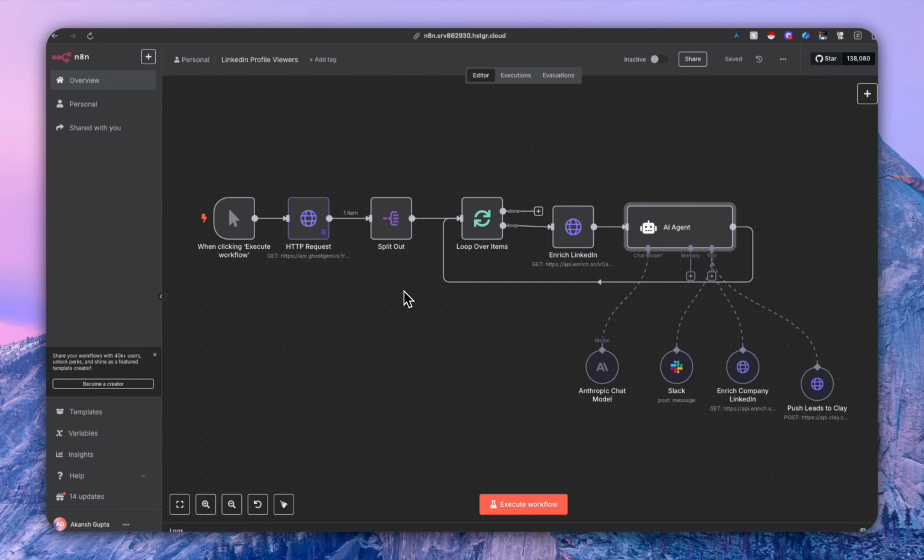So this workflow is pretty simple. The main objective of this workflow is to identify the people who are visiting our LinkedIn profile. And once we have the data, we're filtering out the ICP. And once we have the ICP filtered out, let's say someone matches the ICP criteria, then what we are doing